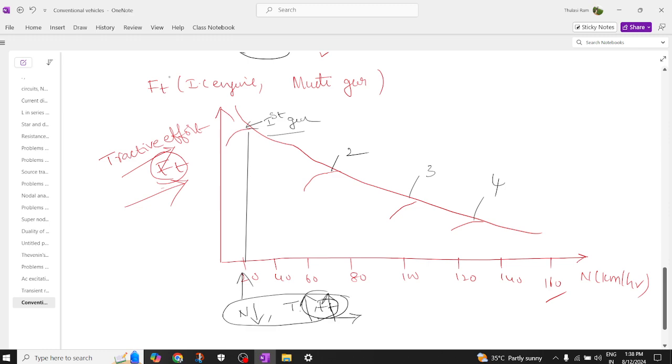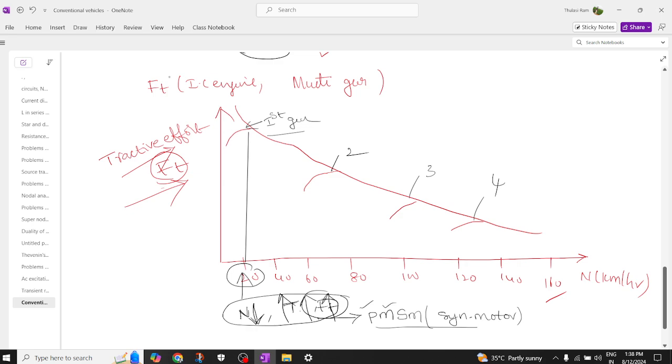These vehicles are generally developed in a practical way with an IC engine. In electric vehicles, they are developed with PMSM motors, which stands for permanent magnet synchronous motor. These motors are designed so that at low speed, say the vehicle is running at 20 kilometers per hour, they can still offer good torque,